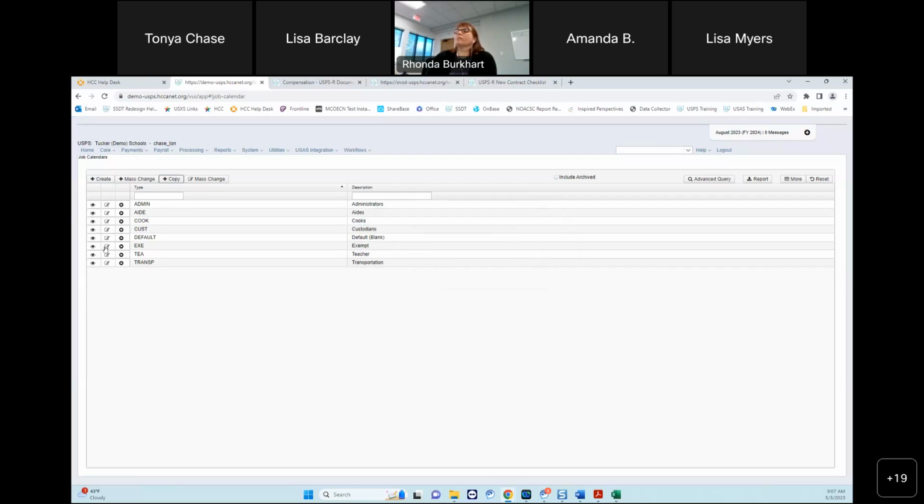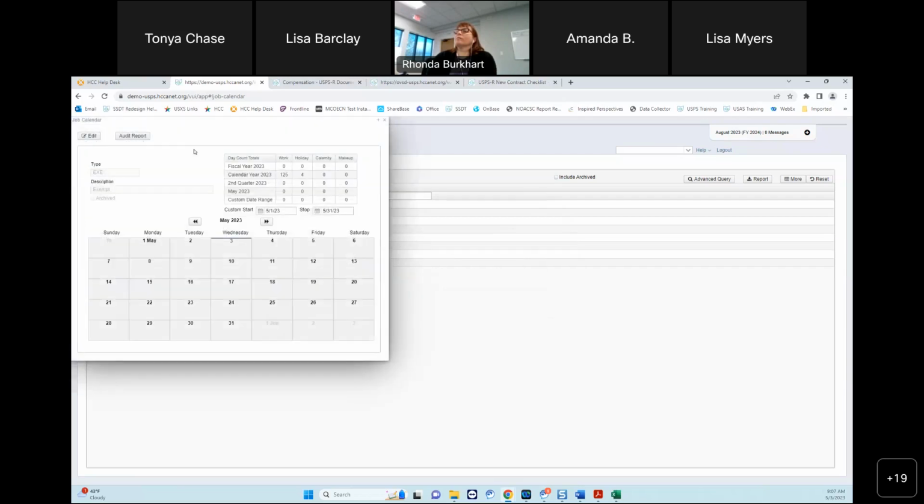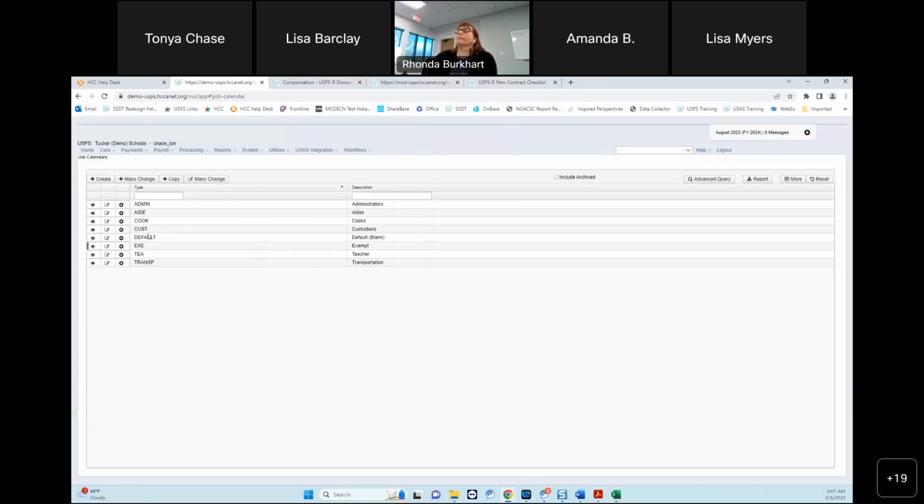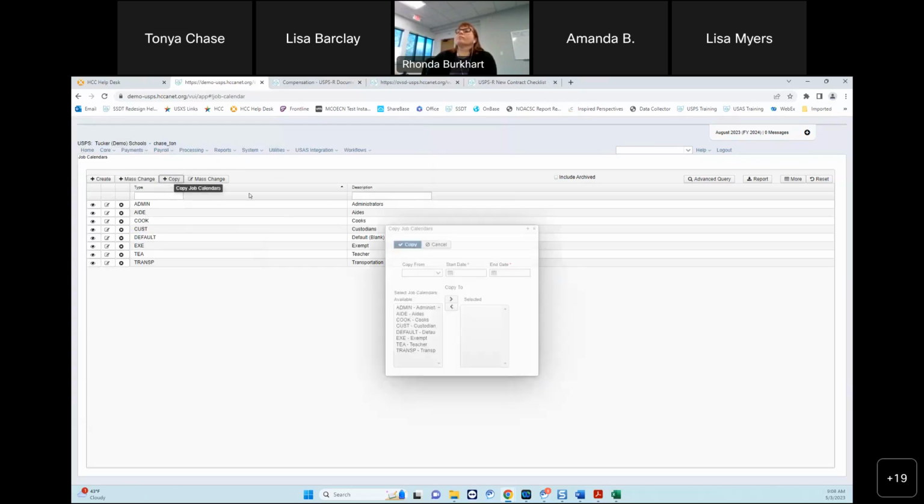And so now if I look at my exempt calendar, it mimics the same thing as custodians. So now let's say I want to copy the exempt calendar to, and I know maybe some of this isn't super realistic,